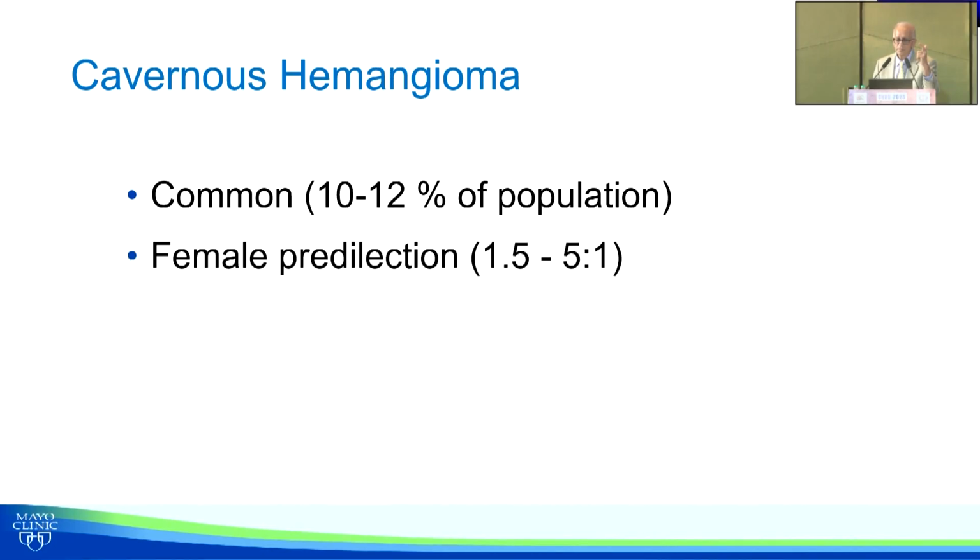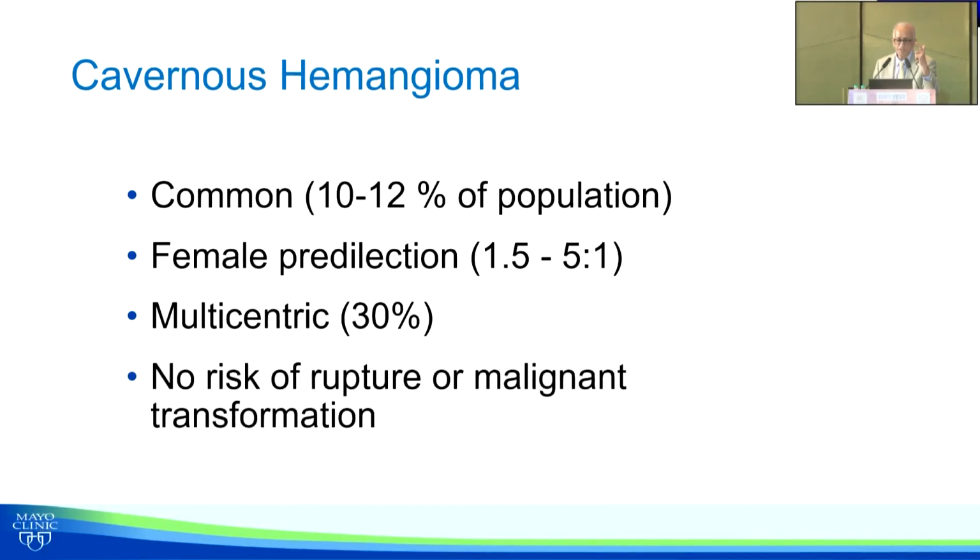Clear hemangioma. They're common, more common in females, can be multicentric, no risk of rupture or malignant transformation. So Charles, what are the indications for surgery in hemangioma? Giant hemangioma that is symptomatic. And symptomatic you mean? One could be pain. Pain is usually the most. Rupture? It's rare unless there's a direct trauma.